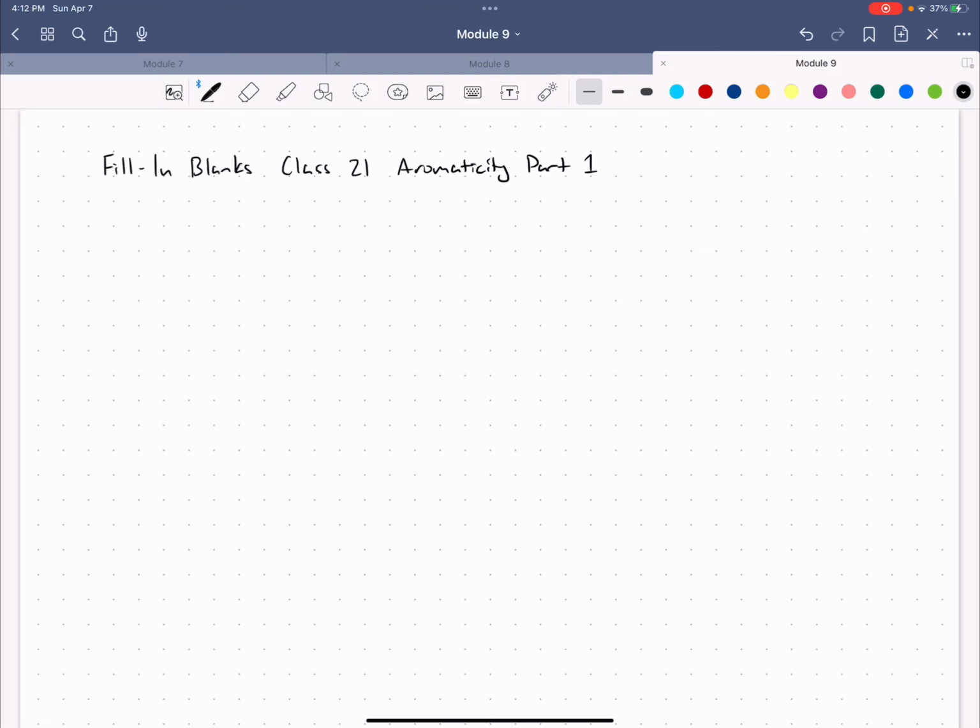Class for Module 9, which is about benzene and aromaticity, is Class 21. Let's look through the Class 21 handout and fill in any blanks that we have there. I don't think we have too many blanks, actually, in this handout. On page 1, I talk about